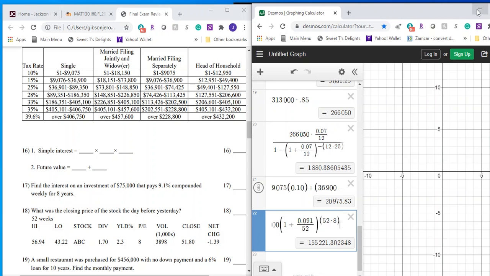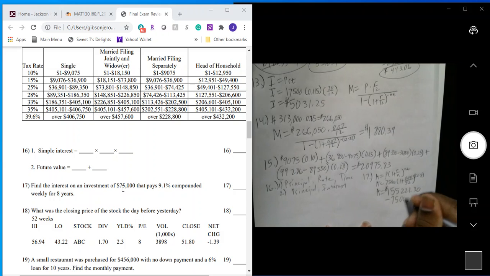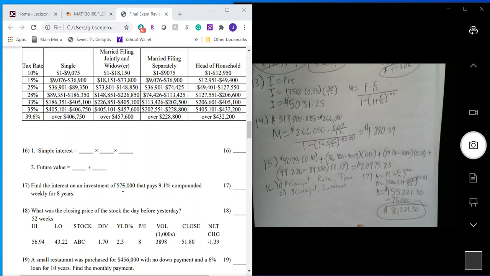Now, the reason why I was having a little issue with this is because I am so used to finding the amount that you're supposed to have after a certain period of time, the future value, but they're asking here just for the interest. So I'm supposed to take this future value and subtract the principal off. So I have to subtract the 75,000. So that will leave us $80,221.30. So that will be the final answer for that problem. Okay, now,